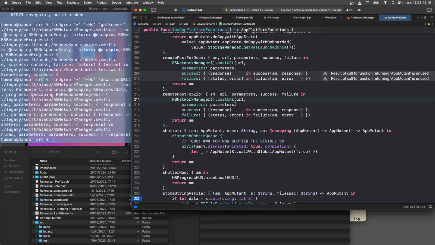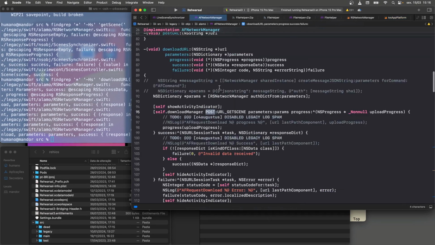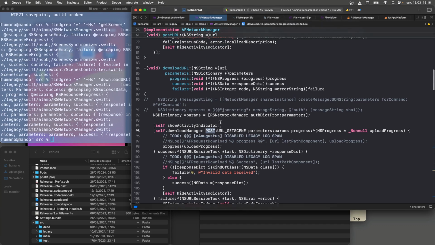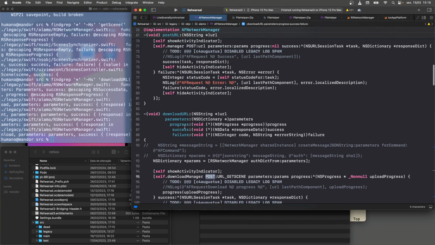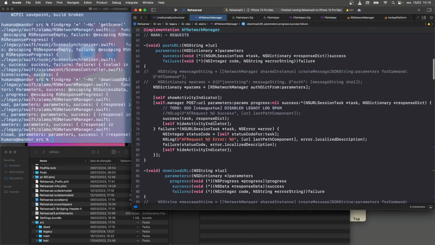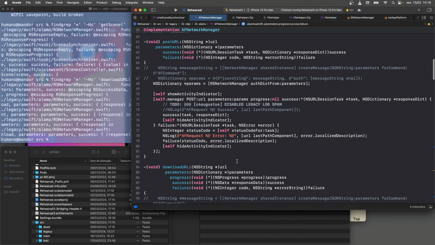And then this is going to call download. So this is the one that's been set up to pull down the zip guy. Now I think we got some different parameters here, so let's take a look. Download URL, we have a progress object being passed. And under post URL, all right, so we've got URL parameters, right? That's fine. We've got a success, failure, success